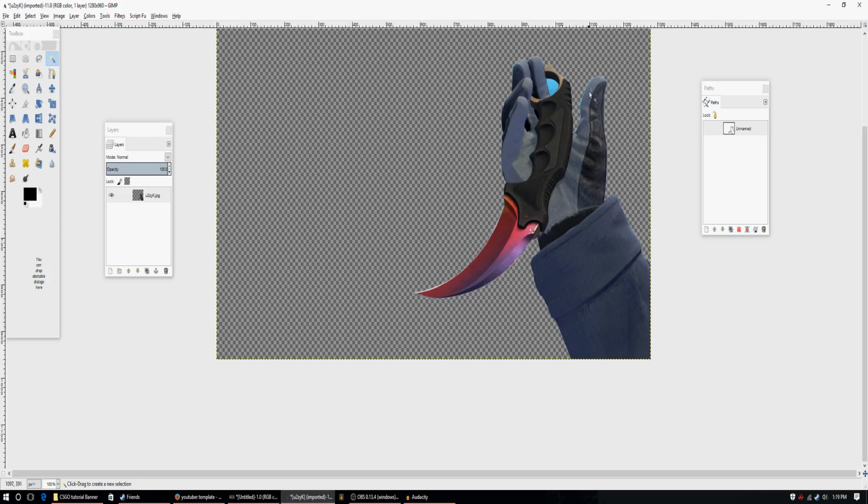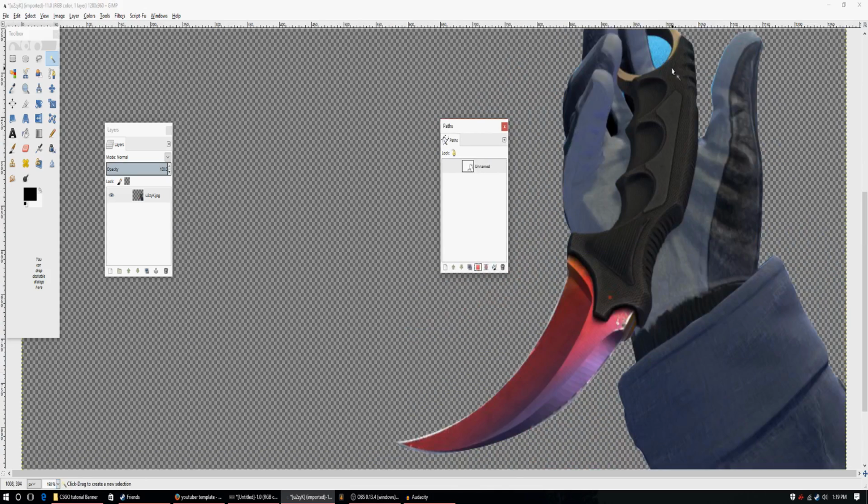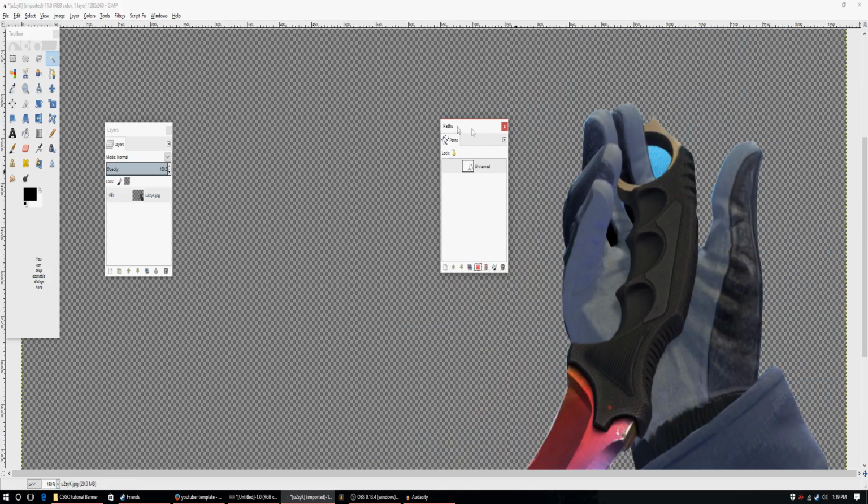Now you can see that there's a little bit of blue on the guy's finger here from the background. Like I said, the more time you spend, the more you can get rid of it, but it isn't horrible. And then we also have some water in here that we're going to want to remove. So we're going to create a new path, and then we're going to go back to the path tool here, and then click here,